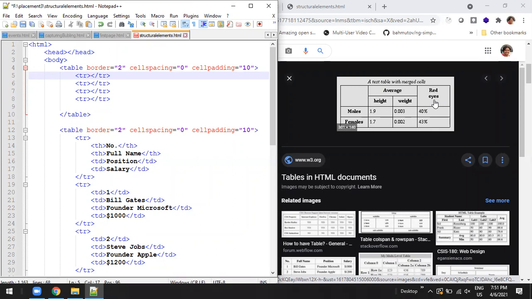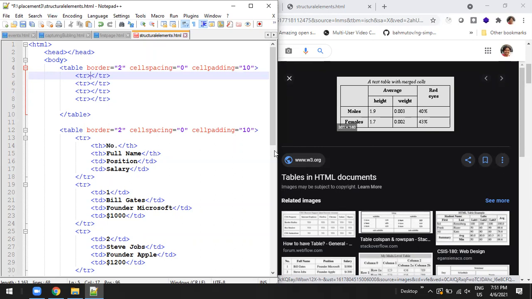In the second row I will consider only these 2. And third, these 4 come under the third row, and these 4 come under the fourth row. This is how I take the data, in which particular row what kind of data is there.